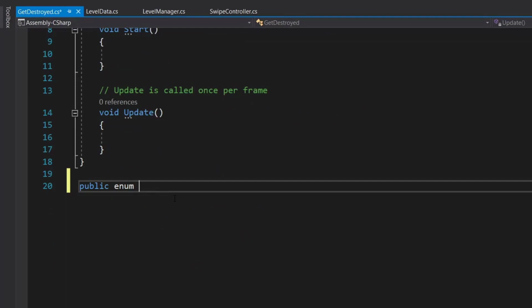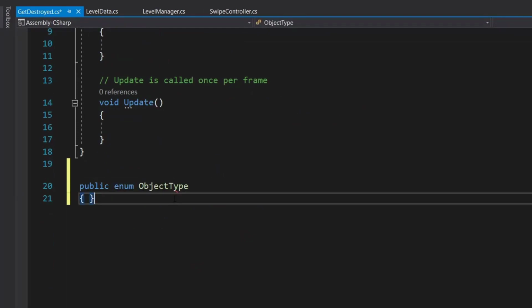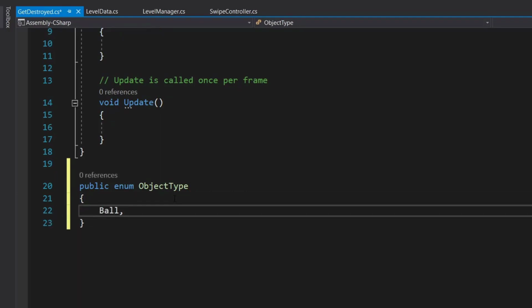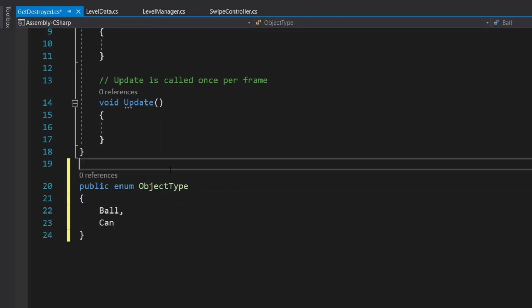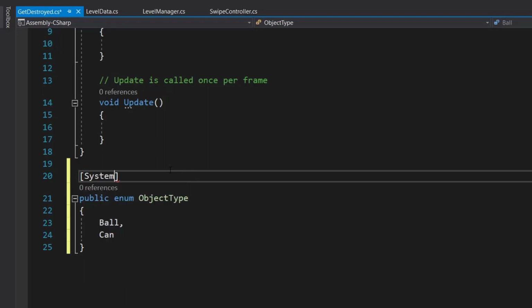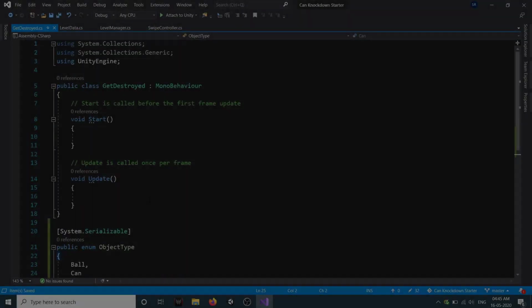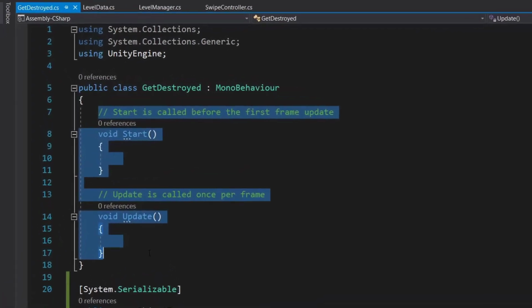So first we will create a public enum ObjectType, and our types will be ball and can, and we will make it System.Serializable so that we can access it from our Unity inspector. We don't need our start and update method.